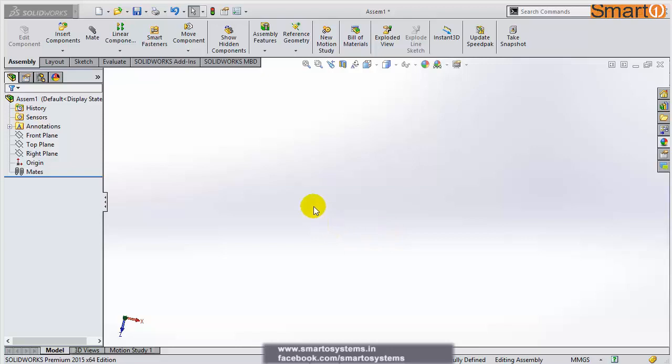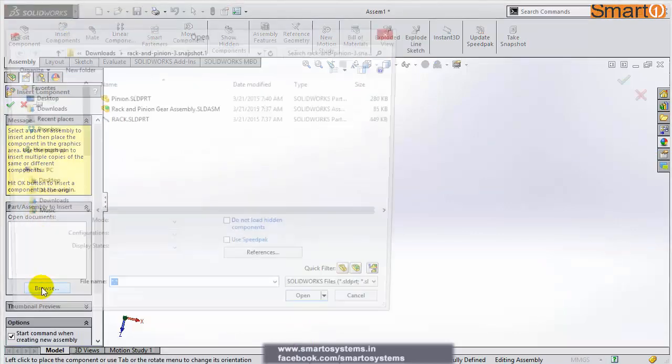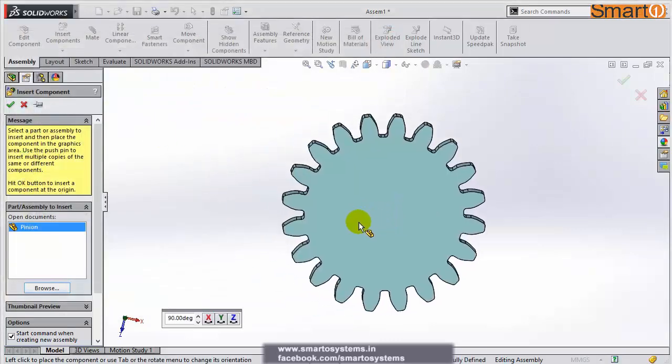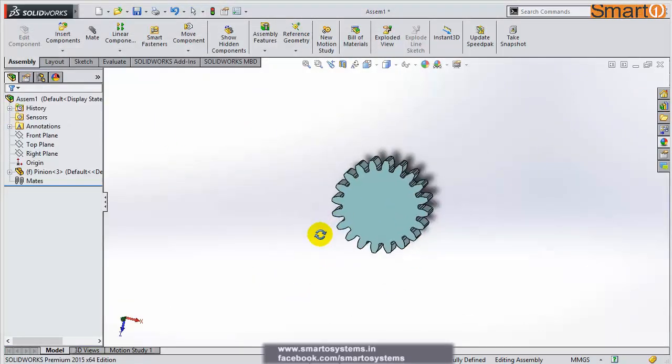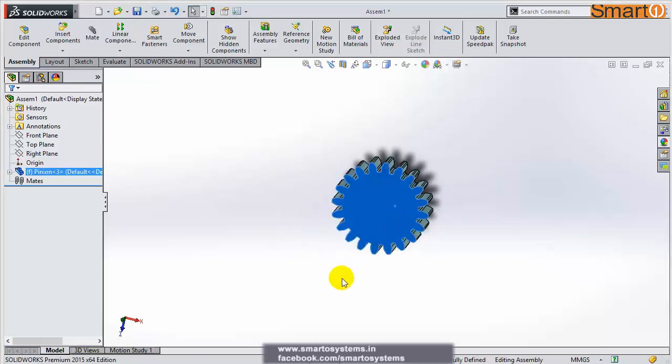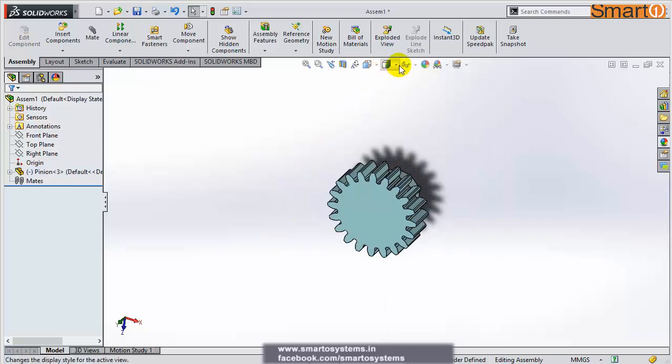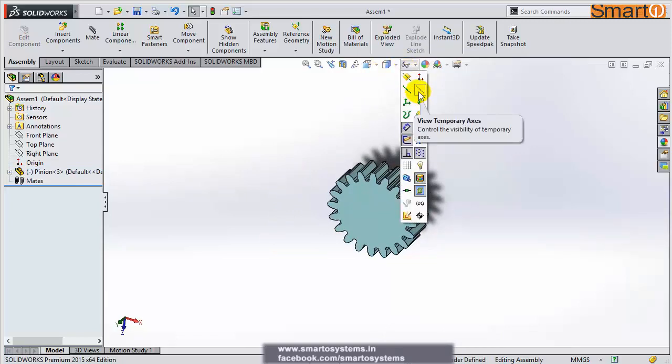Welcome friends, today we are going to learn about the pinion mating. For that, first of all, I am inserting the pinion. This is my pinion, and as you know, the very first component that I insert inside an assembly goes fixed by default. So I am making this float, and now I am clicking on the axis,